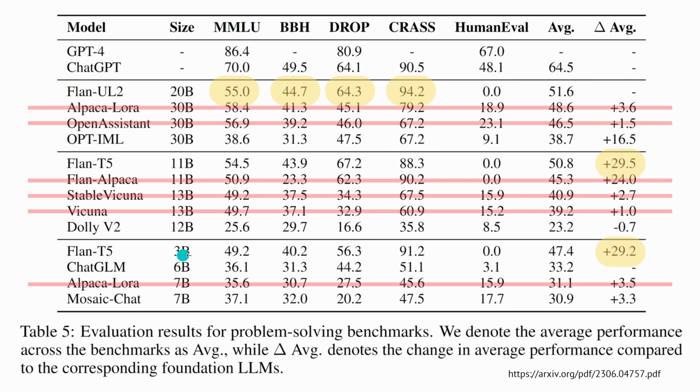In the first block here, you see the 3 to 7 billion parameter models, and the one with the best average performance overall is +29 points above the delta average. It is FLAN T5. If we look at the block of 11 to 13 billion parameter models, we have here one winner, +29.5 over the delta average. It is FLAN T5. And if we look down here at the big boys, 20 to 30 billion trainable parameters, we have here